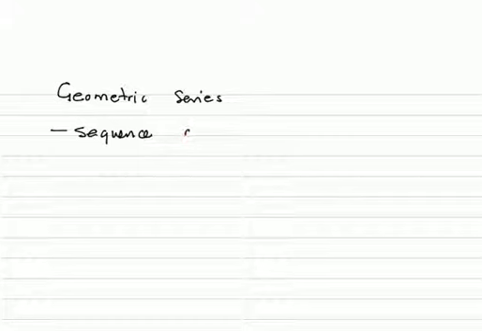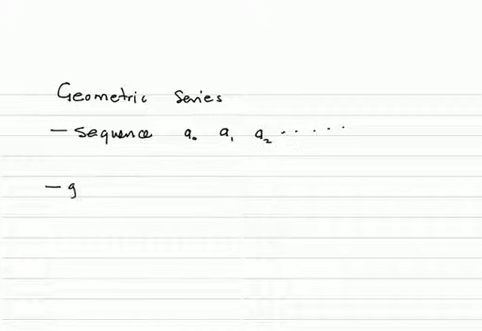Let's say there's a first number, A0, A1, A2, and so on. Now, to get a geometric series, we must have what we call a geometric sequence. So when we say that a sequence, like the one given here, is geometric,